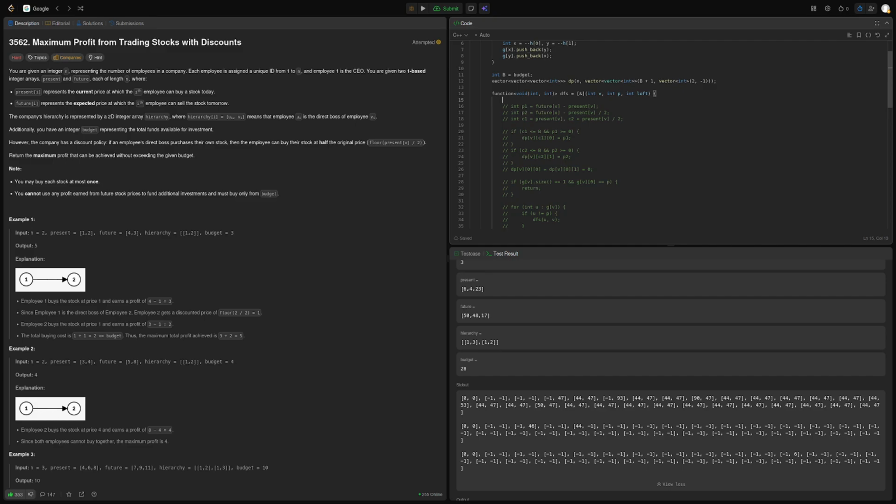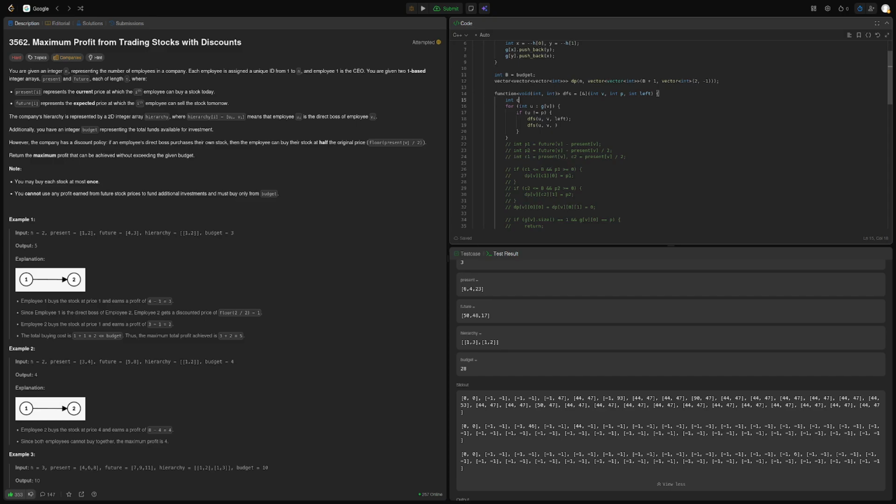For int u in g[v], if u doesn't equal p, then we want to try to do dfs on u, v with left, and then dfs u, v and